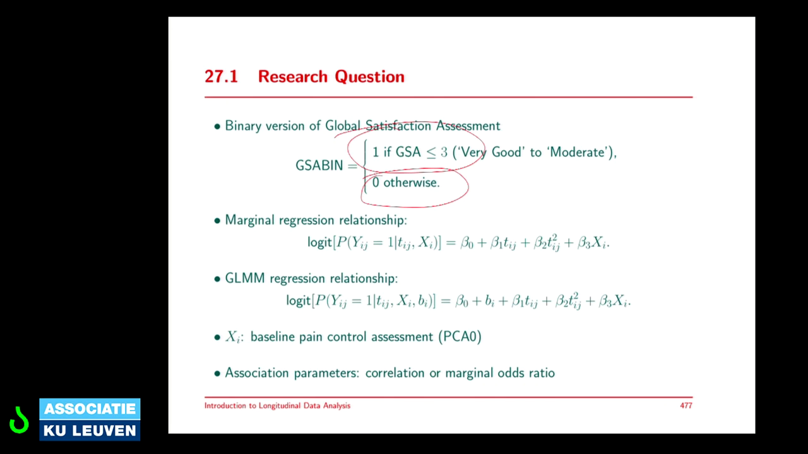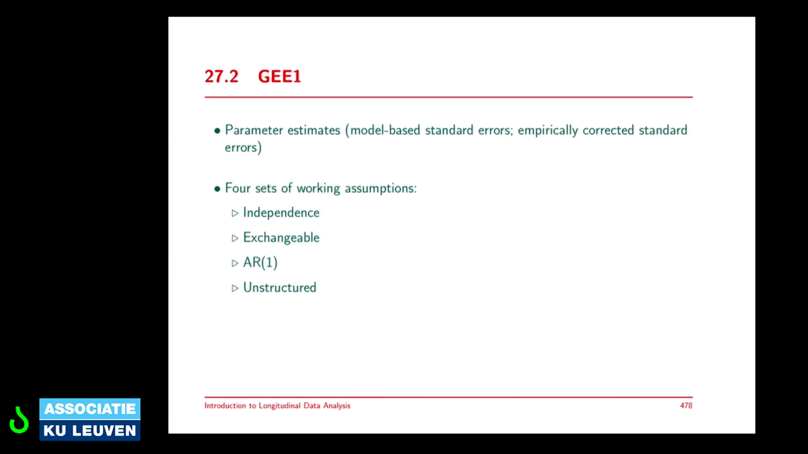The marginal regression relationship will invariably include time, the square of time, and then the covariate denoted by X, which stands for pain control assessment at baseline. And then the same relationship, but supplemented with a random effect, a random intercept in other words, will be the basis of our generalized linear mixed model. And depending on the model we are considering, again, we will be using a correlation or an odds ratio parameter